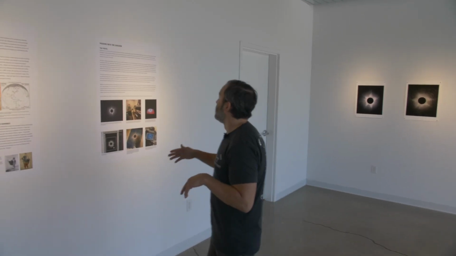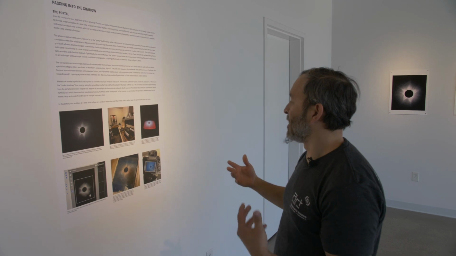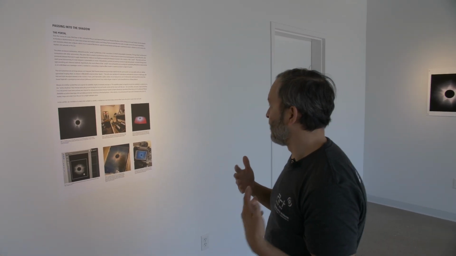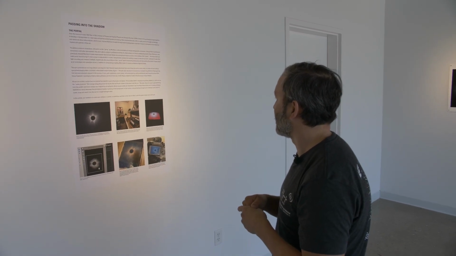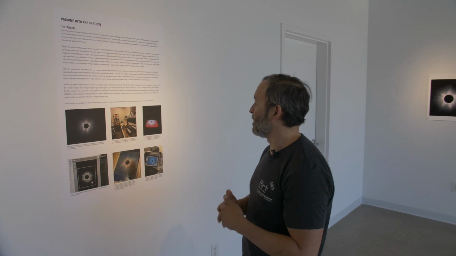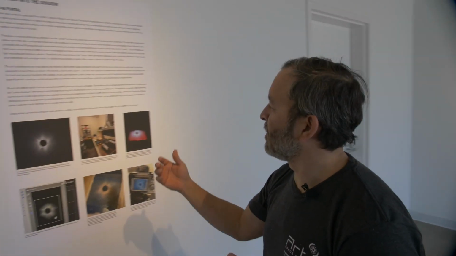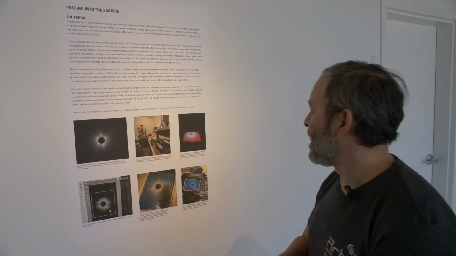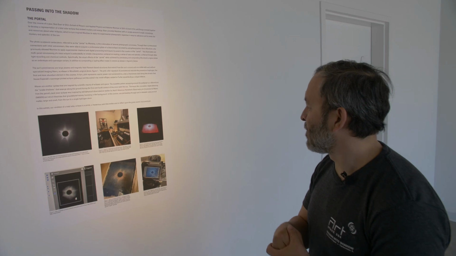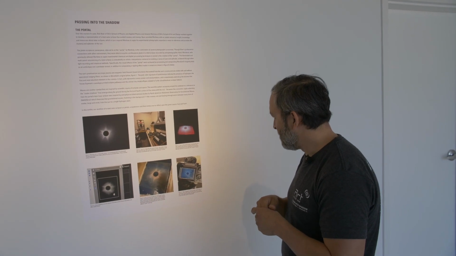Right. Here, this poster here. So this poster explains the process which gave rise to the photo sculptural piece that's in the main portion of the exhibit. So Kevin Moorfield had provided a high-res digital file of, I believe, the eclipse that took place in Australia. I ran it through a variety of photographic processes,